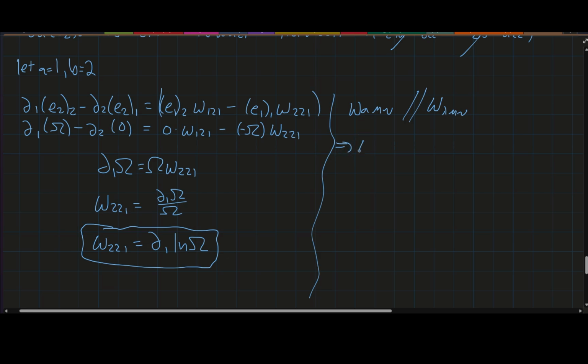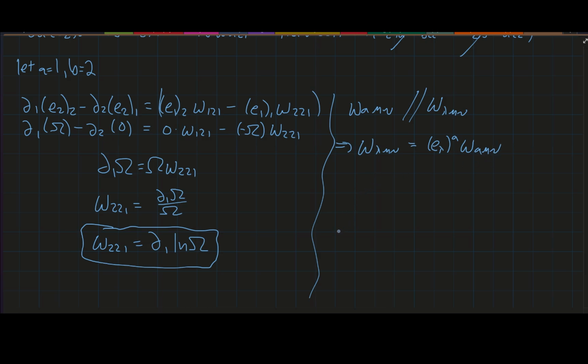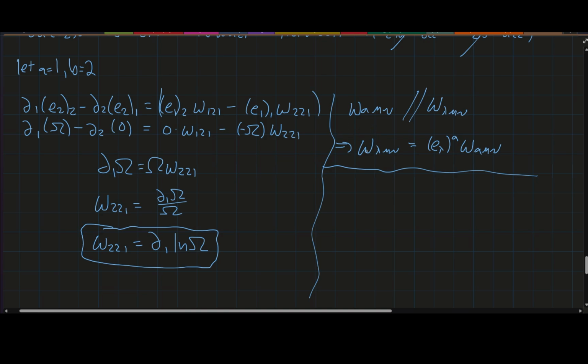We know that W lambda mu nu equals E lambda A W A mu nu, which are the ones that we already have. So right away here we can just go ahead and say, to get our W's in this form, we can say